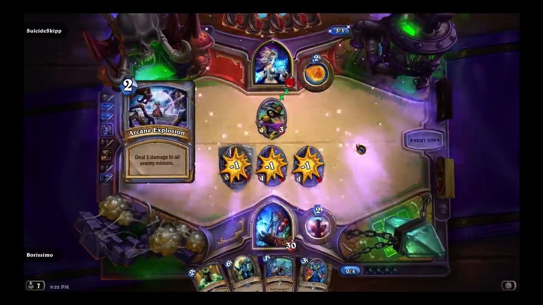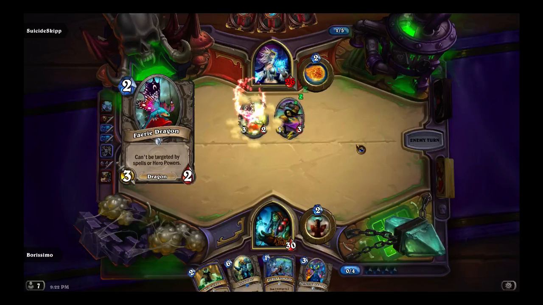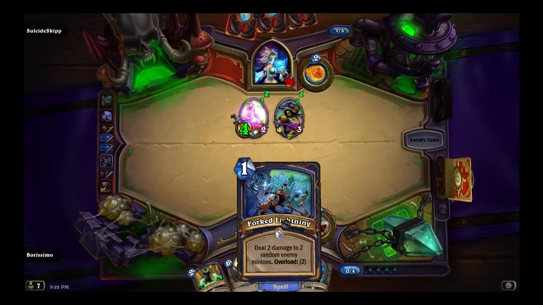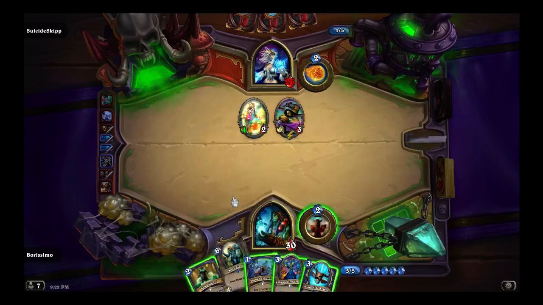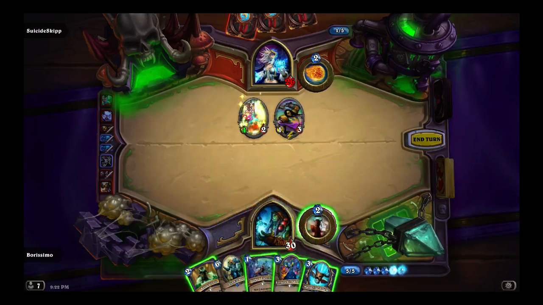She's gonna Arcane Explosion to clear my whole board, which is solid. Does she actually have something else? She actually does. Alright, that's annoying. So now I have to play Forked Lightning before I fall too far behind. And the annoying thing is that I can't even play Sunwalker next turn, and I don't kill this. Alright, we're gonna fish for the...